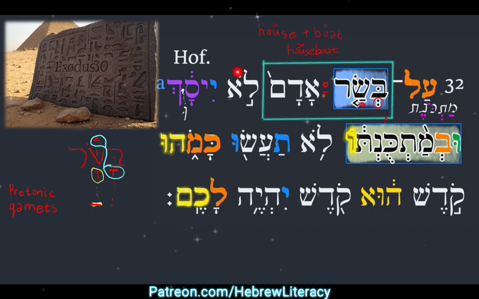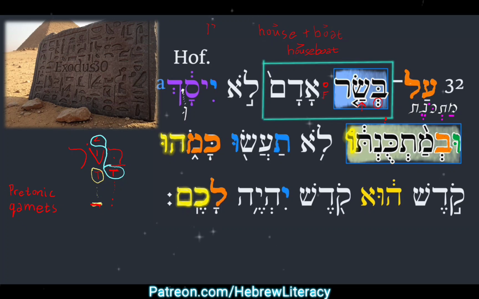Lo. Lamed Aleph. No, not yiysakh. Okay, this is a weird word. If you're looking at the screen, there's a little A written next to it, which is the Biblia Hebraica Stuttgartensia's critical apparatus telling us that the Samaritan Torah writes it without the strange second yod here. And the Samaritan Torah actually writes it as yiysakh,